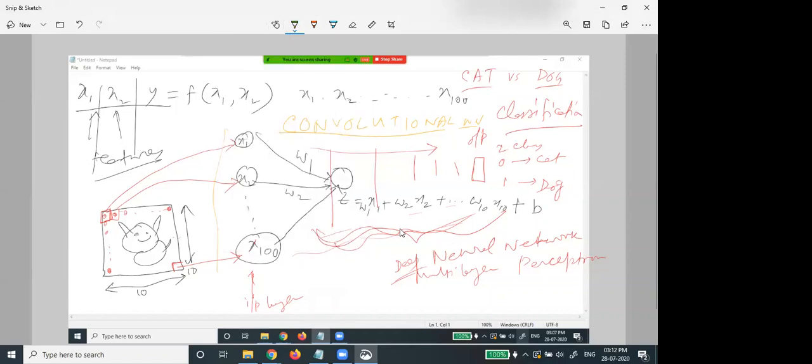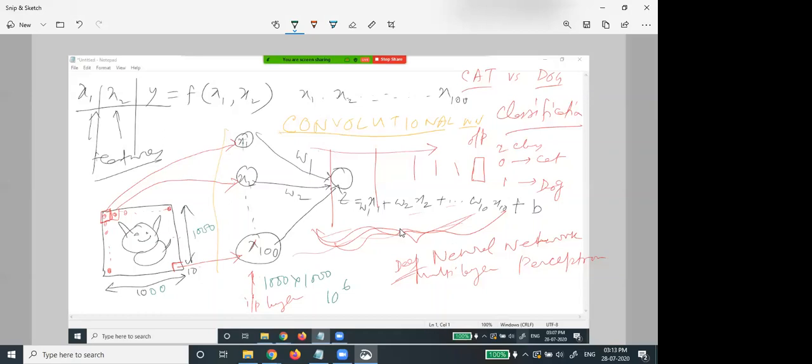There is a problem. Obviously, you all know that an image size is too large, meaning one image contains so many pixels. Suppose here, say, 1000 pixels, and here it is also 1000. So how many nodes will the input layer have? It will be 1000 cross 1000, obviously 10 to the power 6.